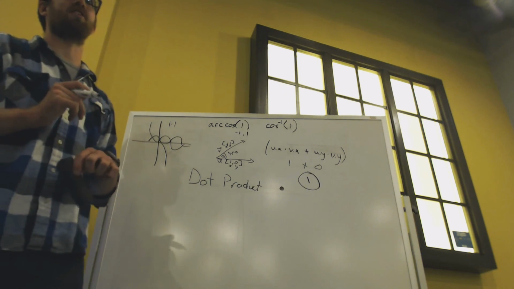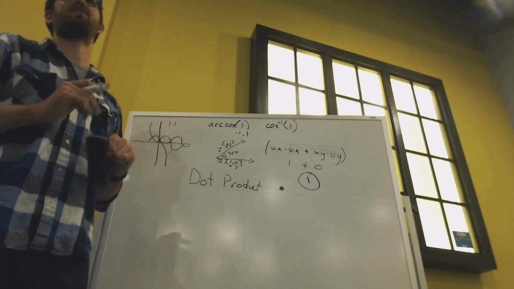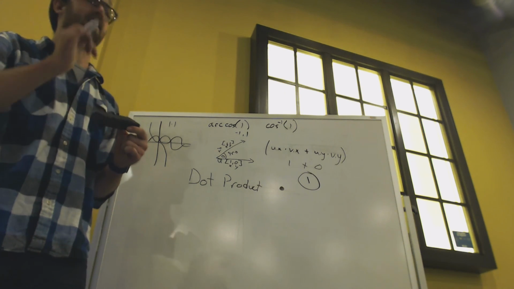Anybody know the difference between degrees and radians? I think it's like 2? 180/5. Yes. Okay, so